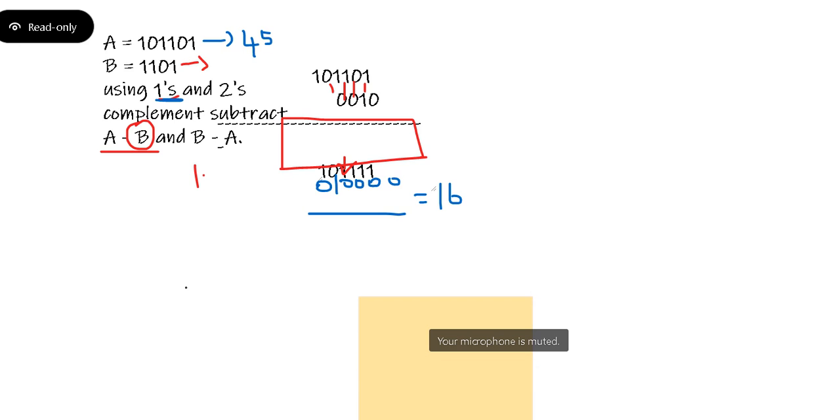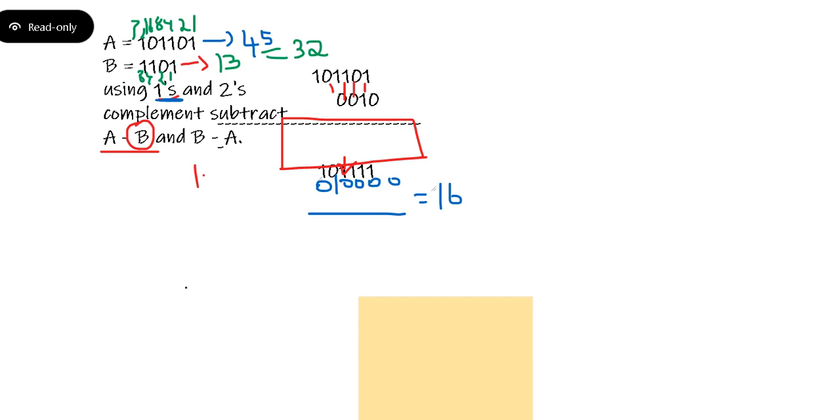Can you see? 45. Now what is it? 45 minus 13. What is it? 32, right? Correct?